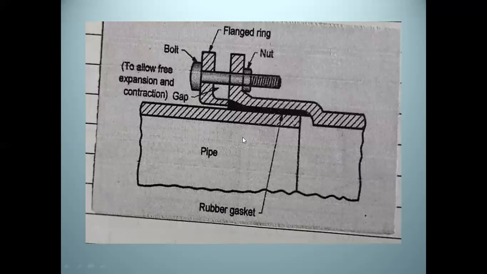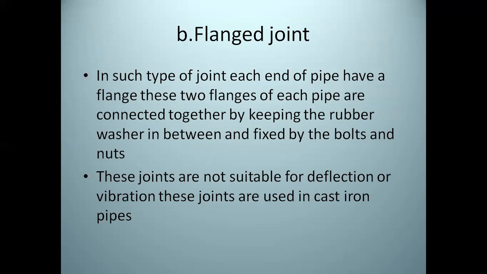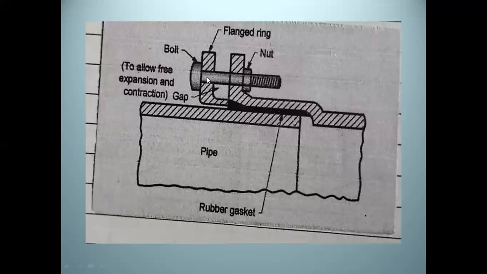Now see, it is a little similar to the second type of joint, that is the flanged joint. In the expansion joint also there are two flanges and it also has a rubber gasket at the gap between the two pipes, and this allows the expansion and contraction of the joint. Hence it is named the expansion joint, and it is fixed by nuts and bolts. Hope you all get this expansion joint. The next type of joint we are going to discuss in the next lecture.